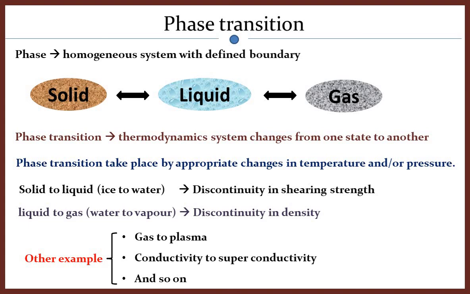Now we have seen certain properties associated with this phase transition. So if we can associate some thermodynamical function or thermodynamical quantity with this phase transition, then depending upon certain criteria over those thermodynamical functions or quantities, we can distinguish the phase transition as first order phase transition or second order phase transition, like that. So in this video we will focus on first order phase transition.